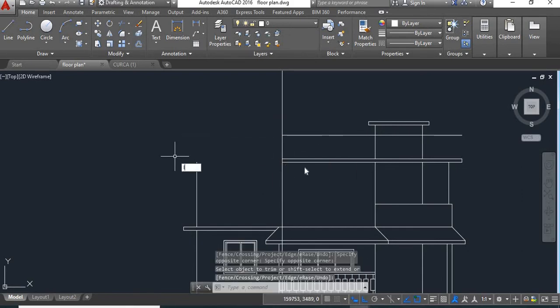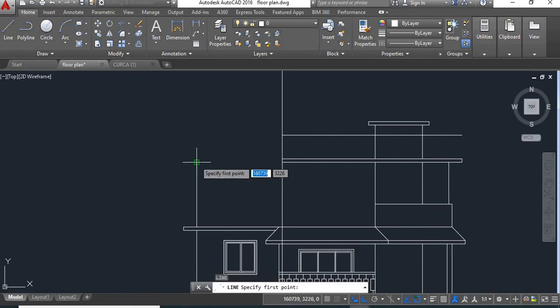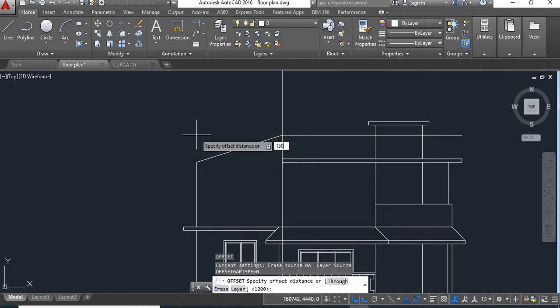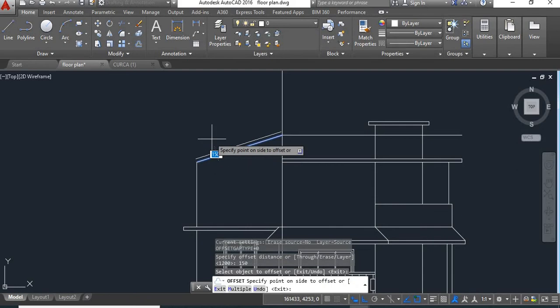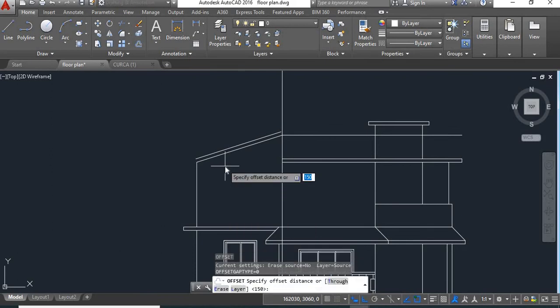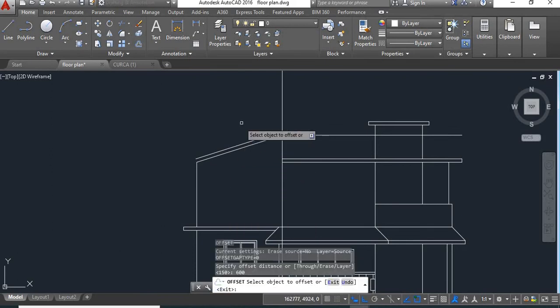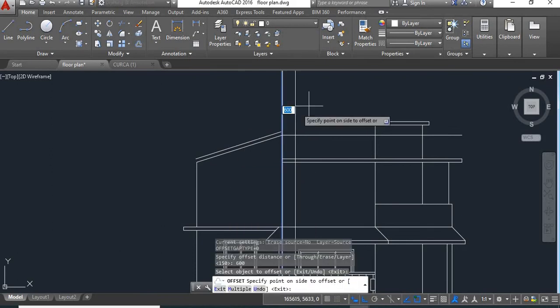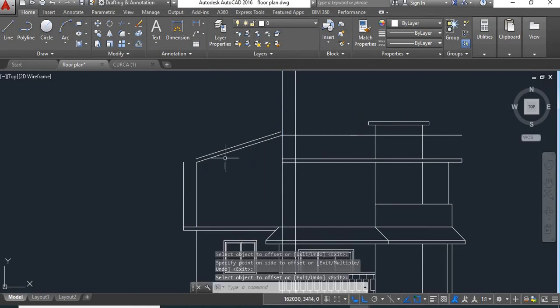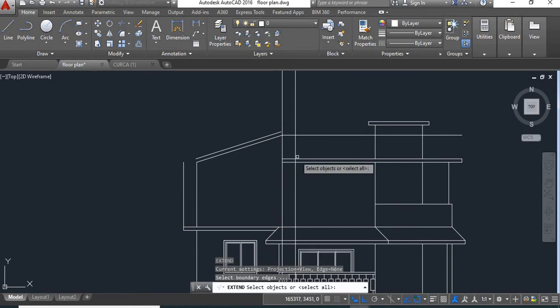Take a line command and draw a line from here to here and say enter. Now give an offset of slab thickness from here to here. So enter. Now at both sides we'll have to show the chhajja projection. For that again take offset command and offset this by 600 and this by 600 and extend these lines